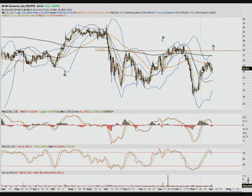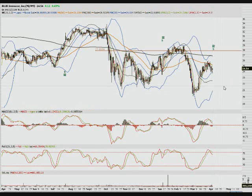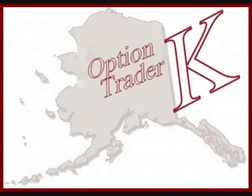So keep an eye on this. This might be a nice play down to here. Then I'd expect it to consolidate, which is about the 20-50 area, somewhere in there. Expect it to move around here, maybe bounce up a little and then drop. So this might be one to play for quite a while. Maybe if you buy a couple months' time on it, if you're trading options, it'd be